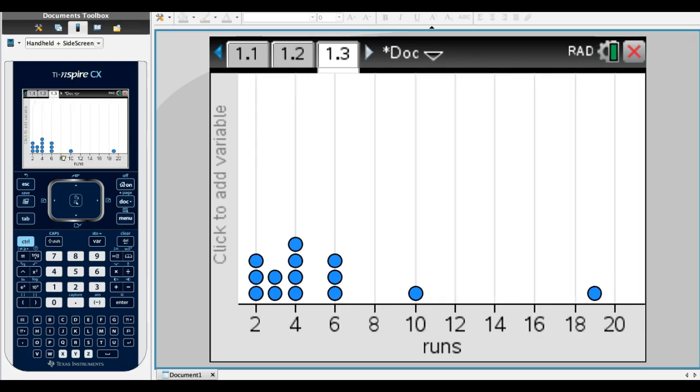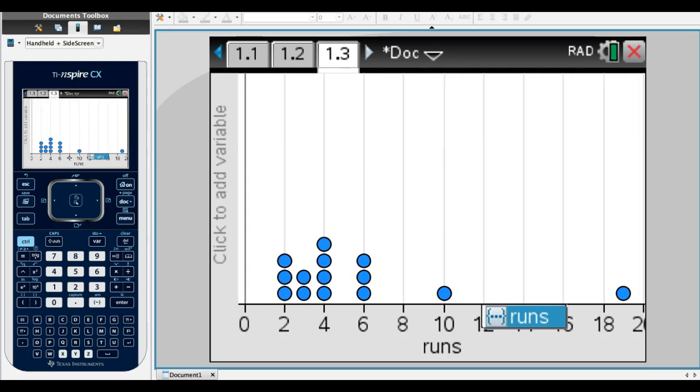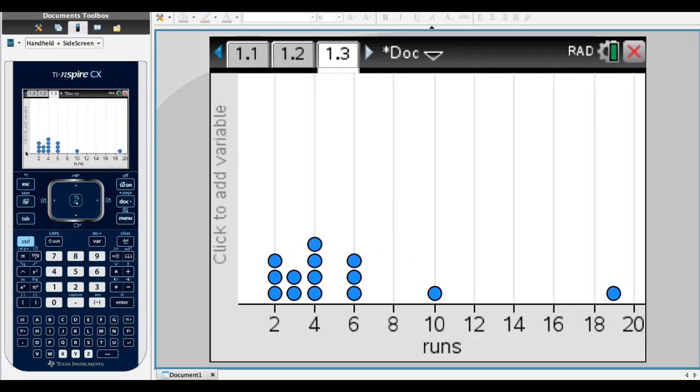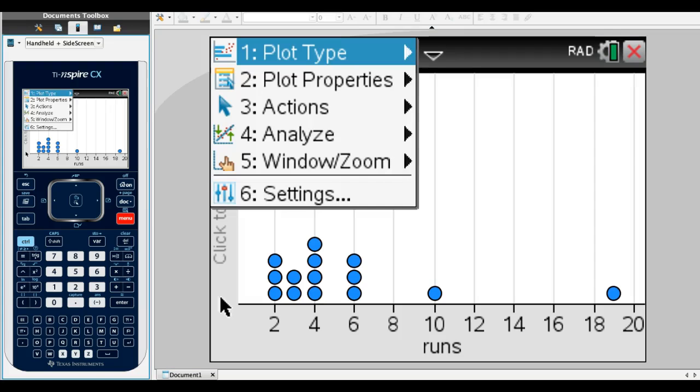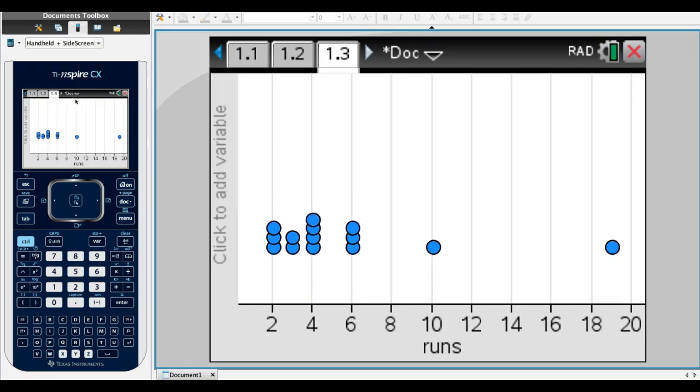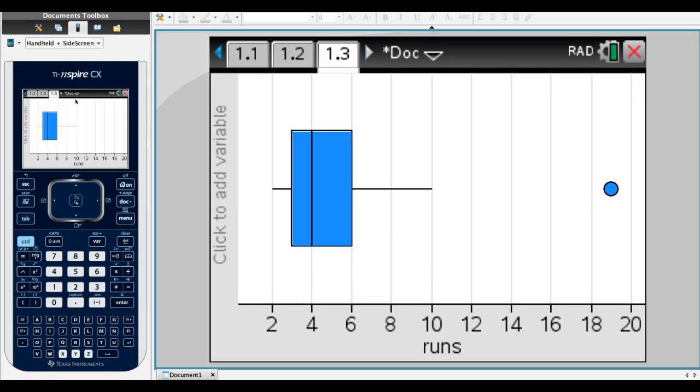You can mess around with the scale a little bit if you want, just to make it look different sometimes. But anyway, we want to change it to a box plot. So let's go up to plot type and go to box plot, and then it will just magically transform that into a box plot. So you see this 19 over here that doesn't have a bar connected to it? That is an outlier. And I think the calculator uses 3 standard deviations,